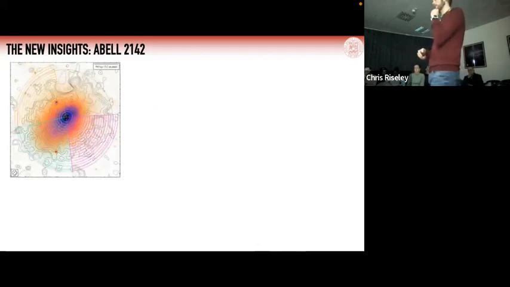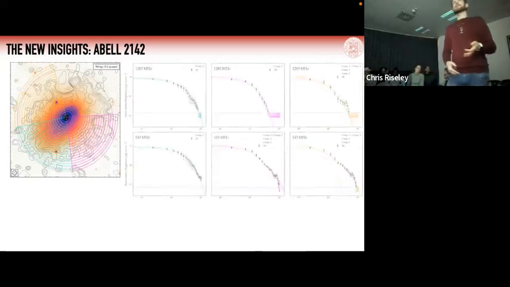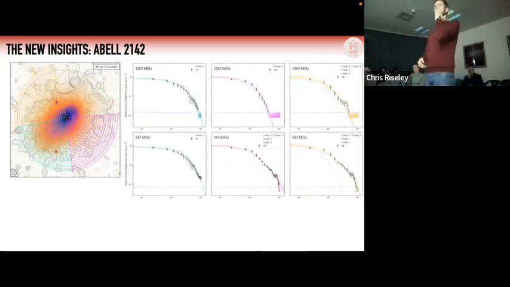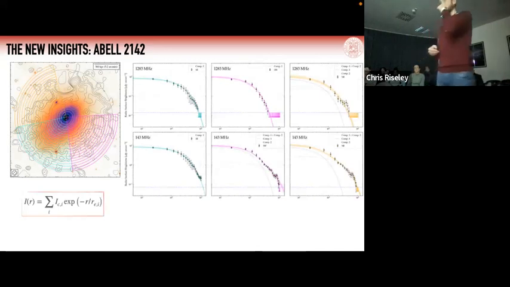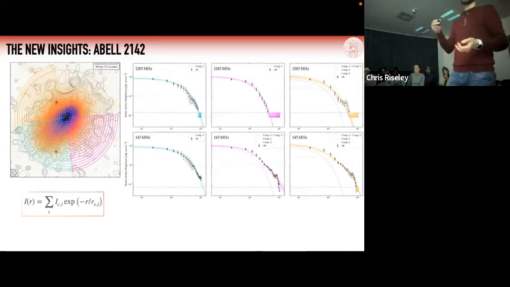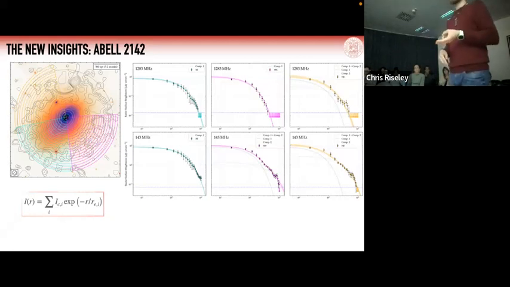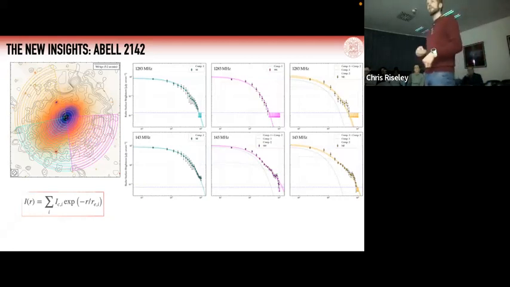We looked at profiles along a variety of different directions, excluding this wedge, as this is where significant residuals remain from the subtraction of those sources. And what we see along these different arcs are profiles that look like this. You're seeing MeerKAT on the top and LOFAR on the bottom. The classical profile that we would fit is the e-folding exponential, and we attempted to fit either 1 or 2 or even 3 components. 3 components didn't fit very well, and so we threw those models in the bin and stuck with 1 or 2 components.